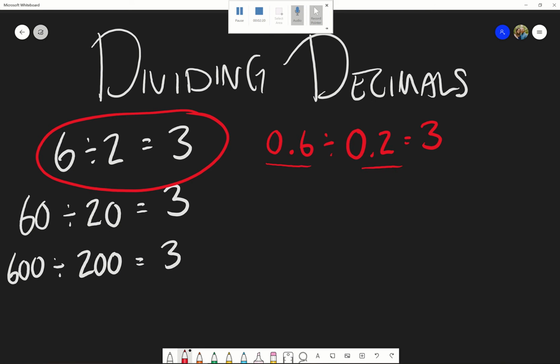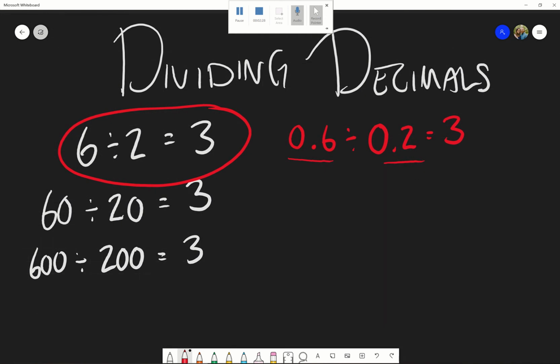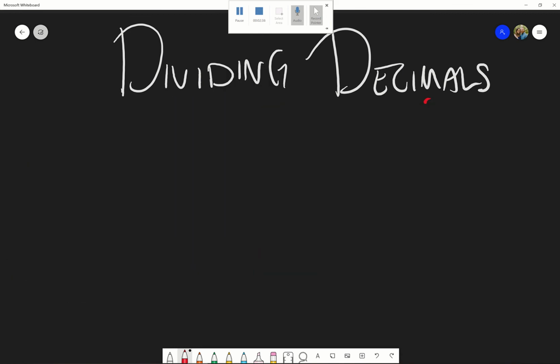The reason I'm teaching you that is because when we divide decimals, it will get to the point where we don't want to have decimals in our divisor. Let's say, for example, I had